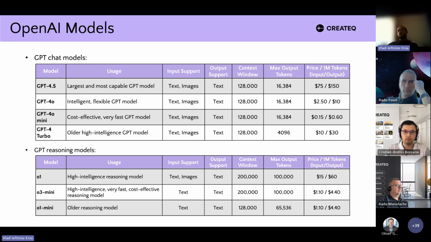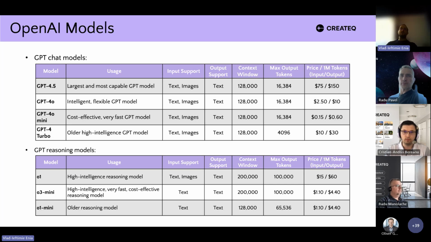You can see that GPT-4 mini is considerably cheaper than GPT 4.0. And for most tasks, GPT-4 mini is good enough, if you don't need complex reasoning, or if you don't have very large complex data.